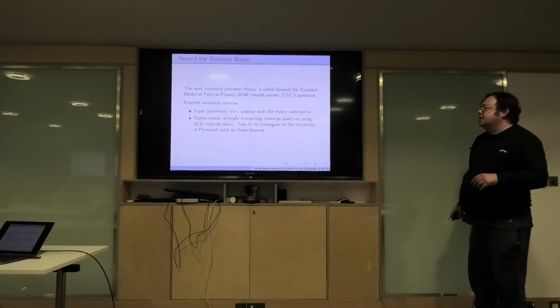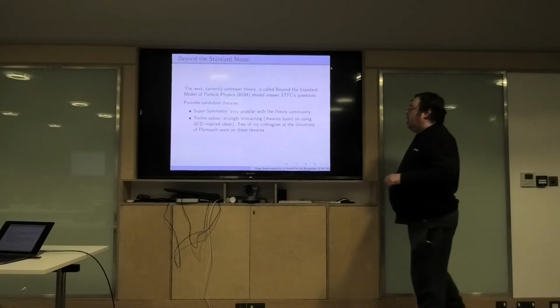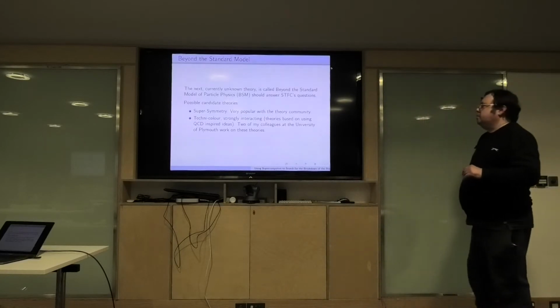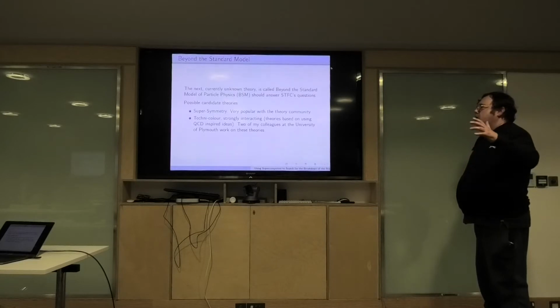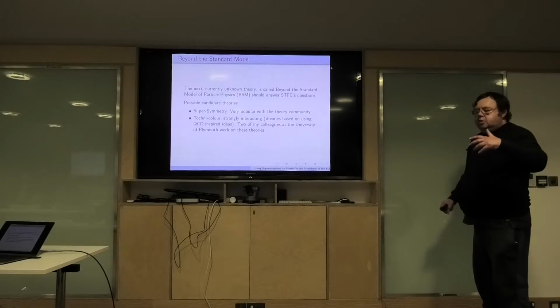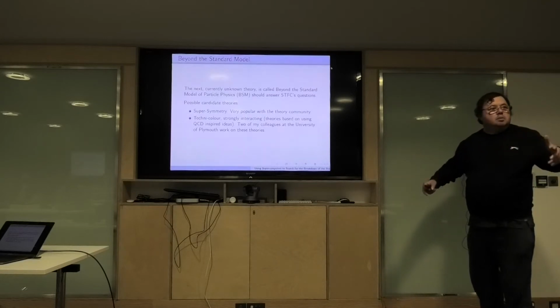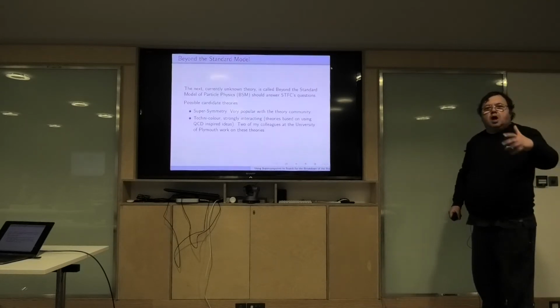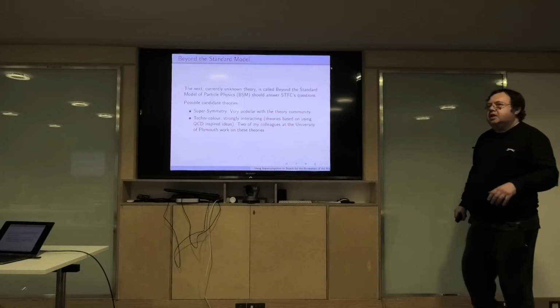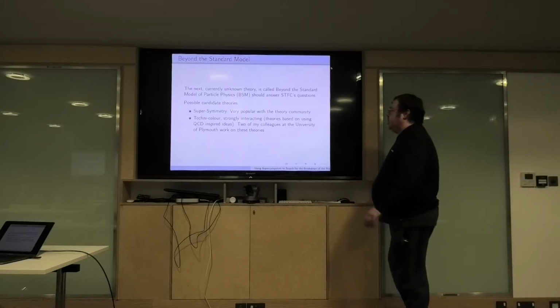Okay, so that's what we're trying to do. What's the status report? So we have this idea of dark matter, and you want to have some kind of underlying theory that explains it. It's not just some particle; there should be some kind of interaction, some equations, right? It's physics. There should be some equations to explain this.